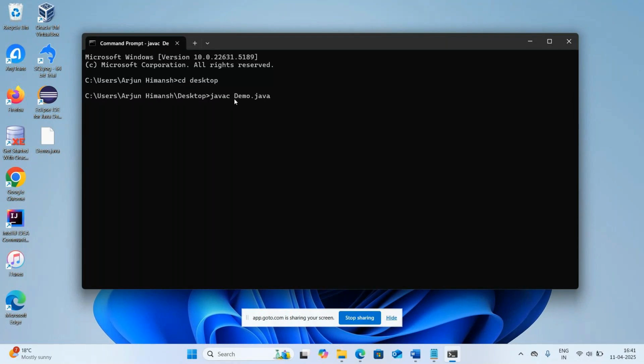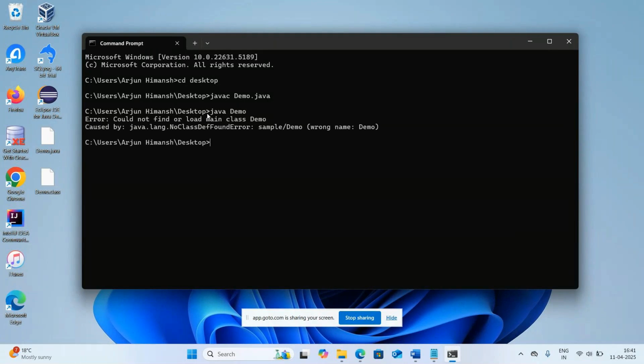You can see it is executed. Can you all observe that the .class file is generated? When I run this command, javac demo.java, a .class file is generated, which is the input for your operating system. Now if I want to run java demo,